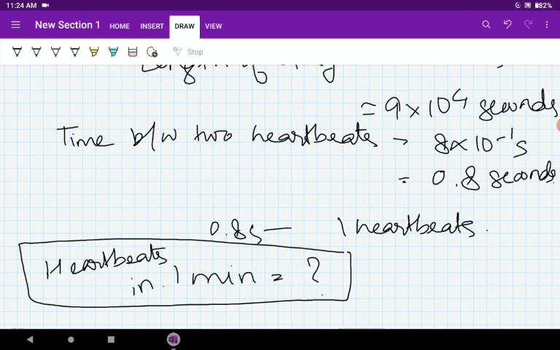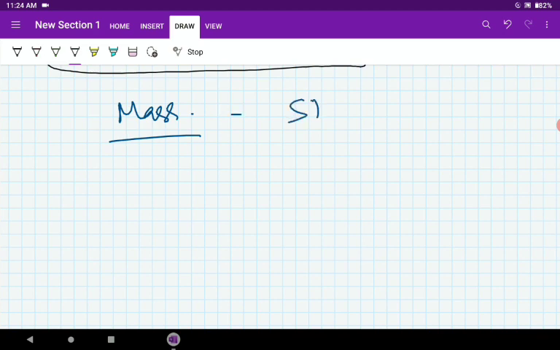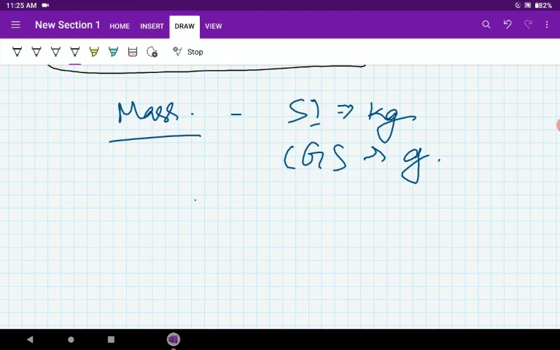Next thing, the last example which I want to give is about mass. Mass we measure in the SI system, in MKS, so kilograms. In CGS, in grams, so we measure in kgs, grams, milligrams. What do we measure in milligrams? In order to understand this, go to your store with your parents or alone, where you buy your monthly items. You buy sugar in kgs, while you buy other things in grams, some spices in grams, some spices even in milligrams, needed very little in cooking.